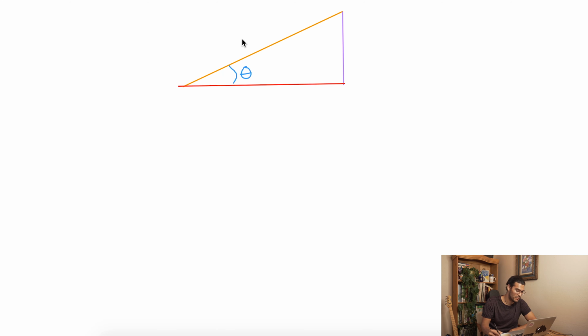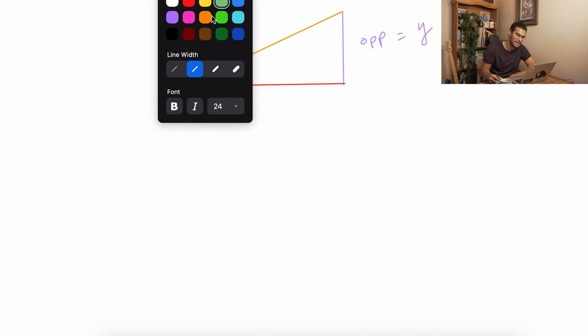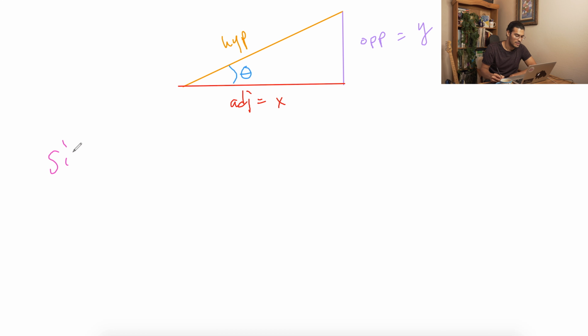Here's the relationships that we want to know. If we have a triangle, from the perspective of this angle, this side is your opposite, or in other words, the y height is your opposite. Your adjacent side, we can think of it as x, and your hypotenuse. Okay, so sine,